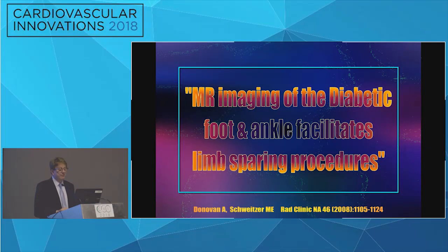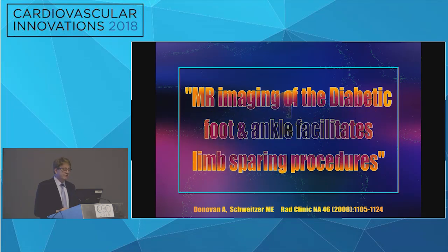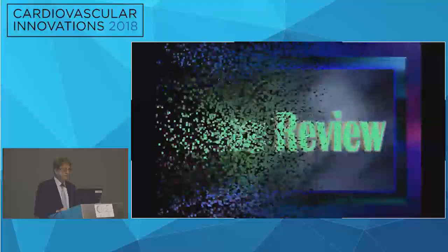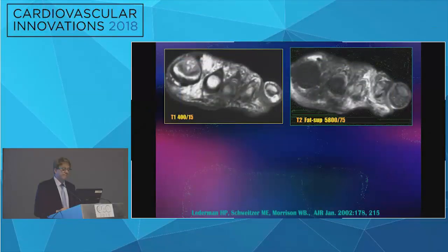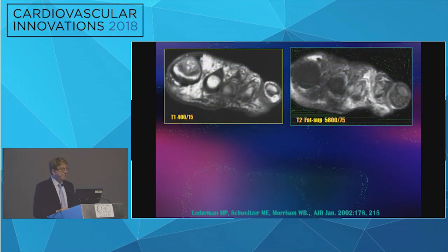But this brings up the question of MRI imaging and limb-sparing procedures, and somehow the MRI underperformed here. I mean, clearly, if it had performed properly, in some way, perhaps there would have been an inkling of a patient going in for drainage and winding up having part of the foot amputated. And I'm going to say that perhaps this is where you have to consider gadolinium being added to it. So let's look at this. Let's look at some images adding fat-suppressed